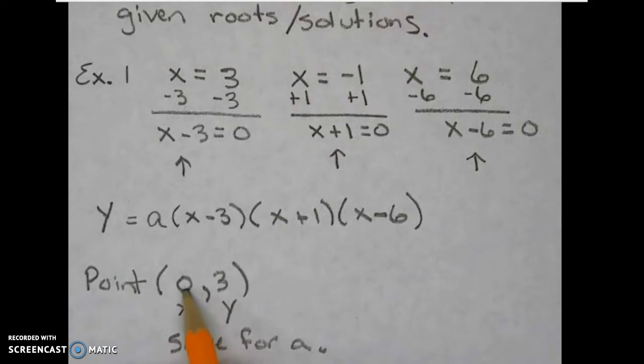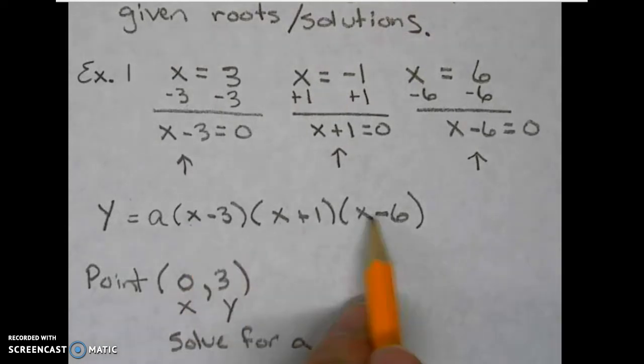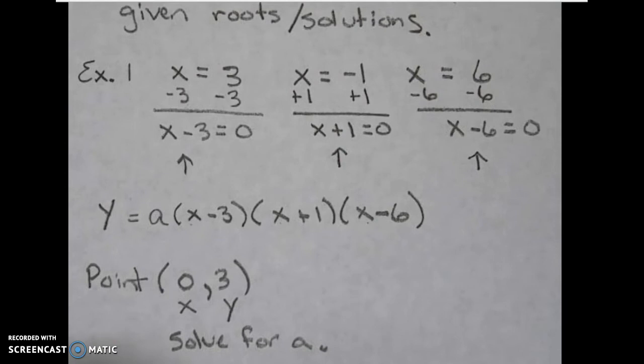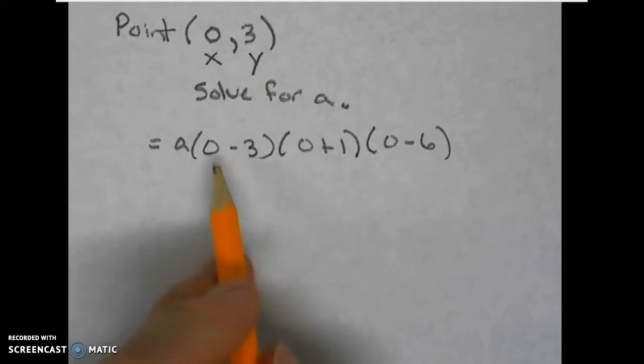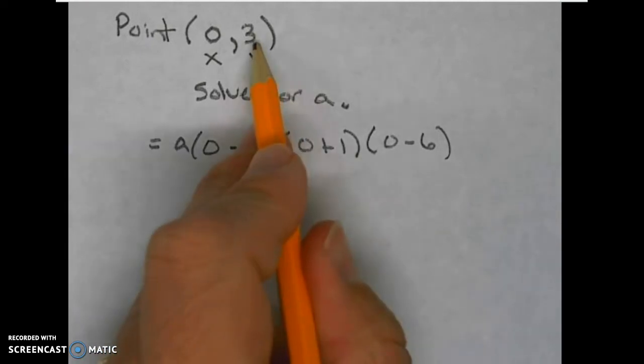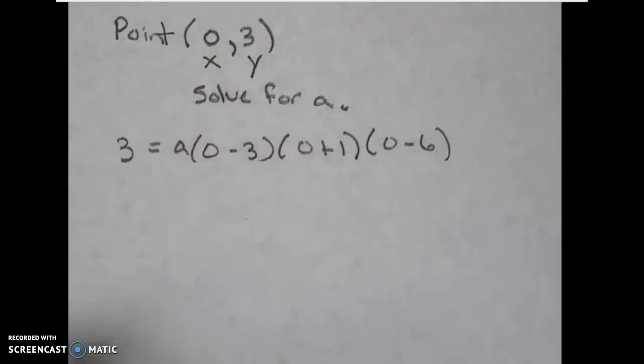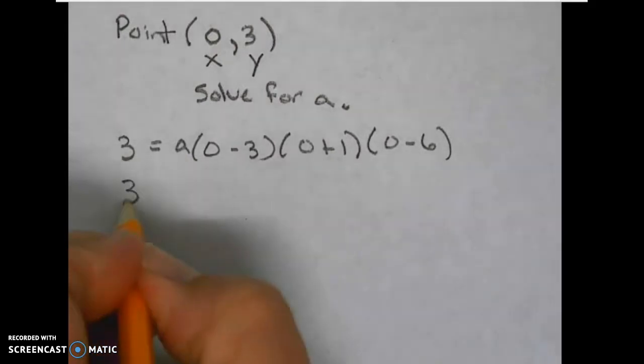So we would plug 0 in here, here, and here. Okay, so I plug 0 in everywhere I saw an x, plug 3 in the y position,